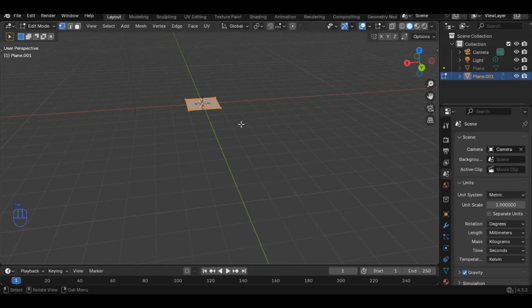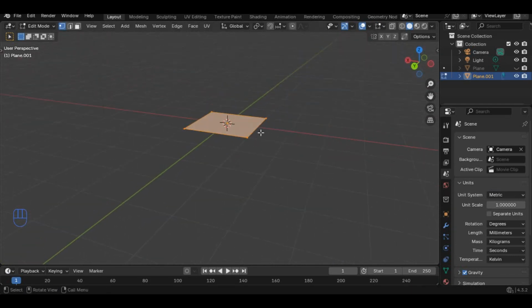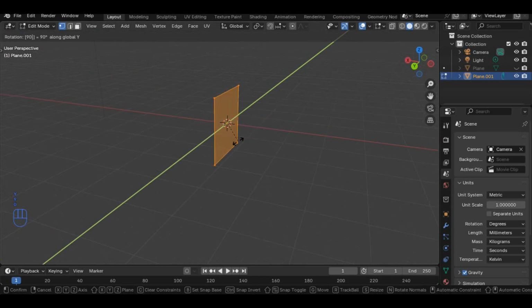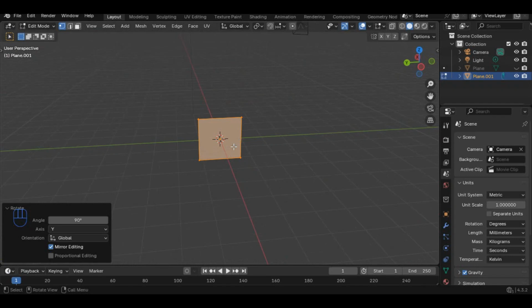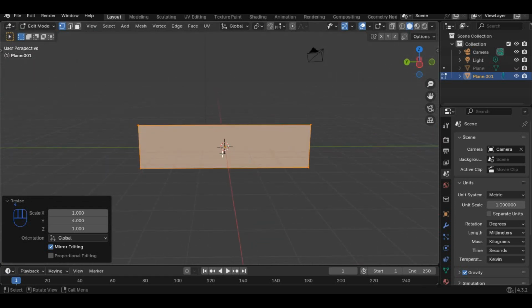And then I can go into my edit mode right here. And now in edit mode, I can easily just rotate this. Let's do this on the y-axis by 90 to make it look like this. And then I want to scale it on the same y-axis. I want to scale it by, let's say, 4. And then once I scale it by 4, what I want to do is I want circles to be in